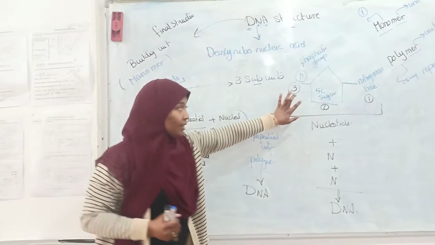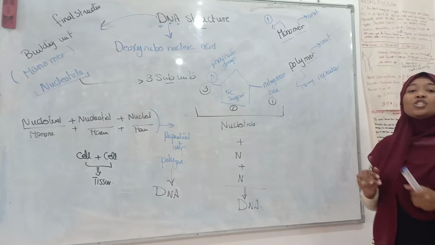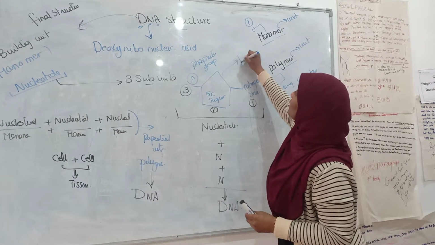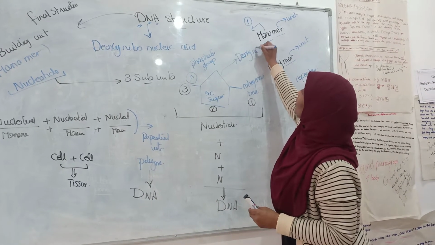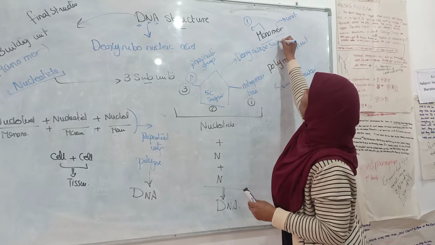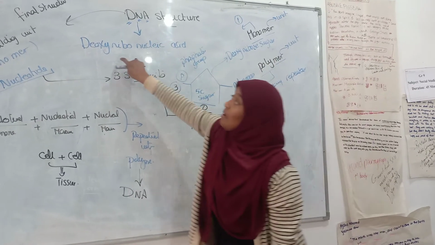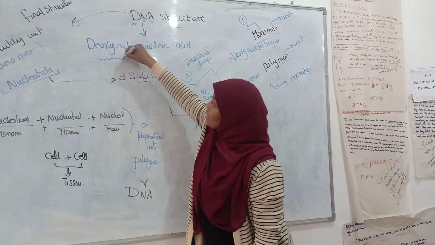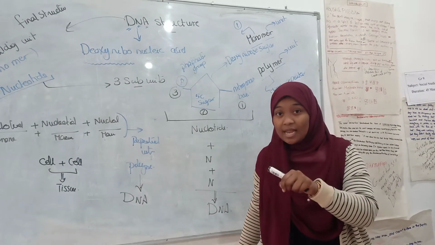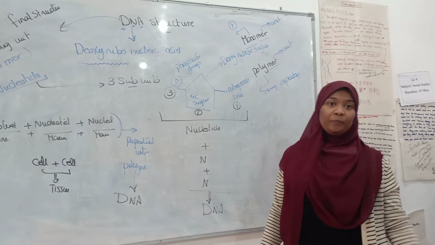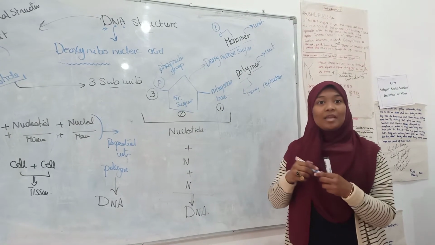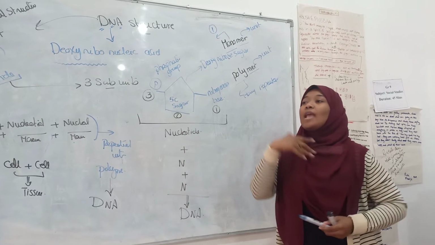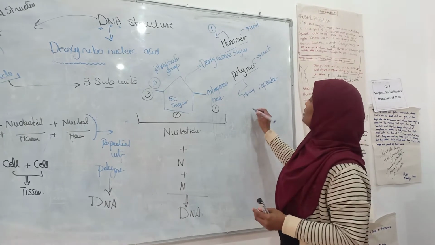The kind of sugar in the DNA is called deoxyribose sugar. That's where actually the name of the DNA is coming from. It's called deoxyribo. As if I'm saying that the kind of sugar in DNA is deoxyribose sugar. Now, what about the bases? Those bases, their arrangement will give you the specific protein you are aiming to. Those kind of bases are subdivided into